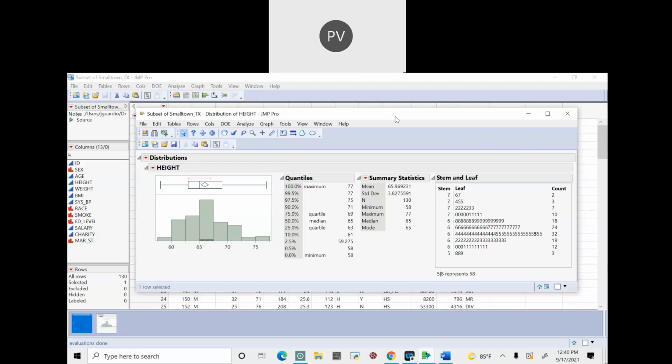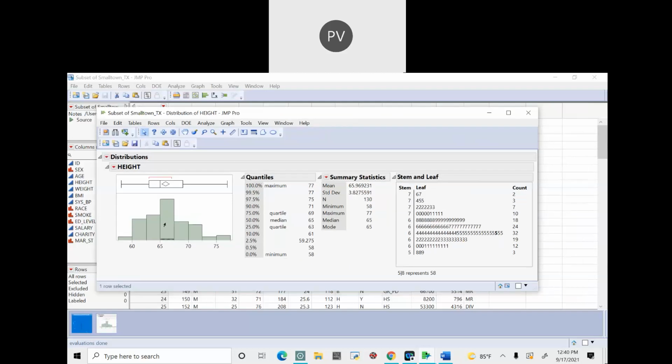Now coming back here, above the histogram, you can see there is a plot. That is nothing but your parallel box plot. So this is minimum, this is maximum. The middle value is your median, which is nothing but 65. See, the middle value is 65, and you can also see in the table it is 65.